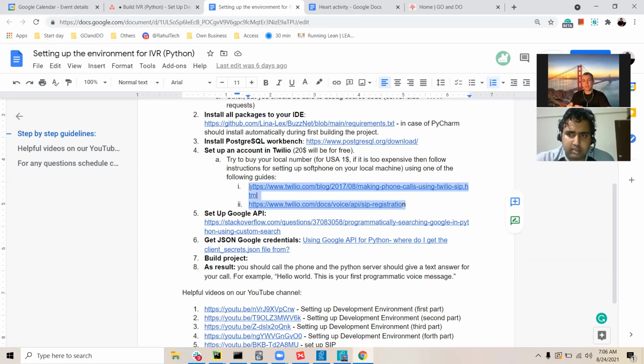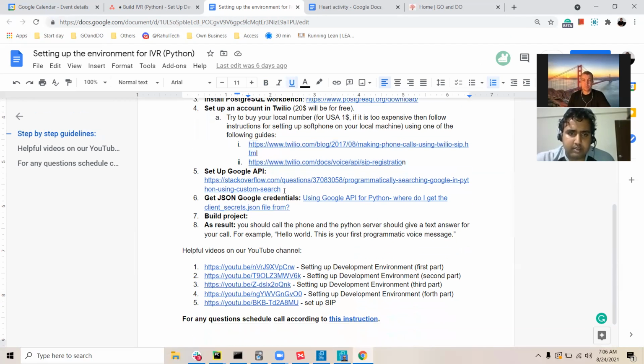You will need to install a softphone application on your mobile phone and follow the instructions. Ping me, and I will give you credentials so that you are able to receive a number from the United States in your application and make these calls. Just keep in mind we are doing this only so that you don't spend your time or your money here, and that is the reason why we are